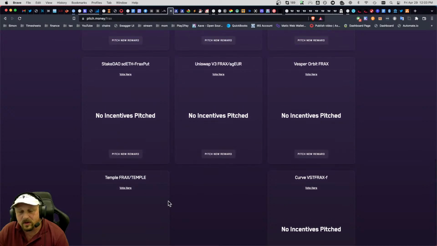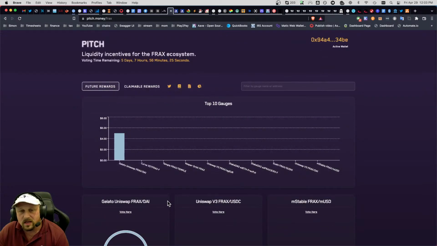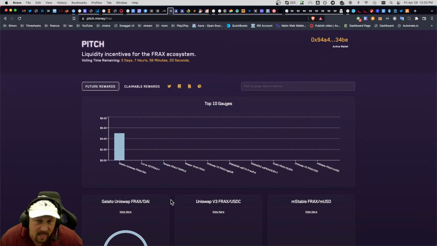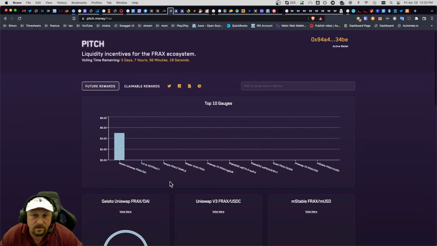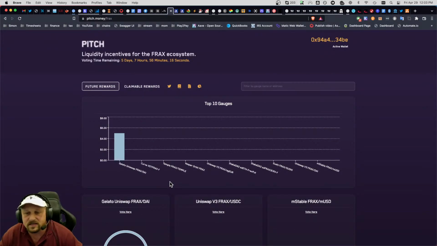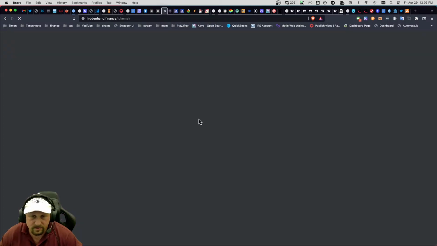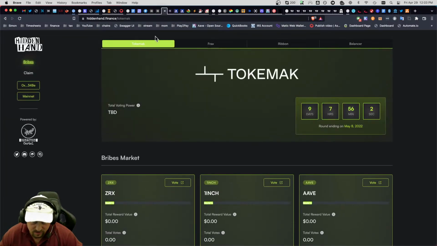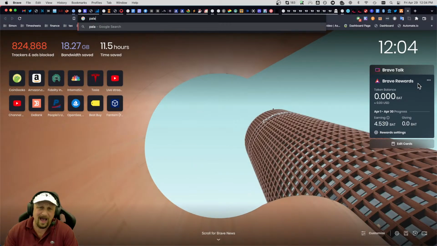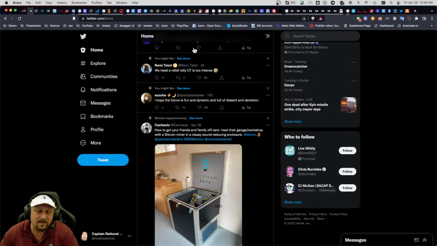Temple has been throwing around $150,000 a week in incentives for VEFXS bribes, but they don't have one up this week yet, albeit there's 5 days less in the week. So pitch.money, you follow there to see if there's any bribes coming down the pipe for two protocols. They support Frax and Curve. There's also Hidden Hand, which maybe you'll get some bribes going on for Tokamak, Frax, Ribbon, and Balancer. There's another one. It's Paladin. Paladin Finance, I think, is